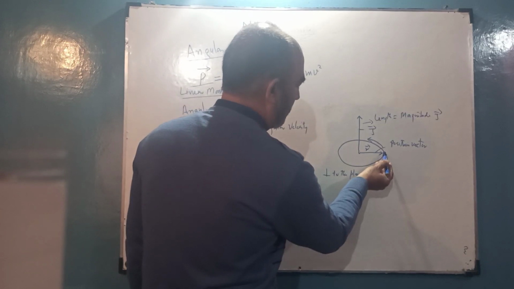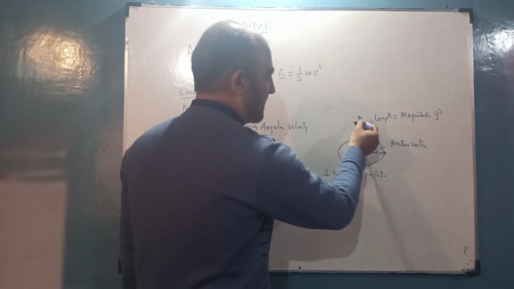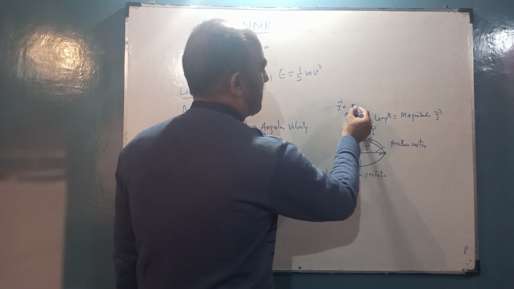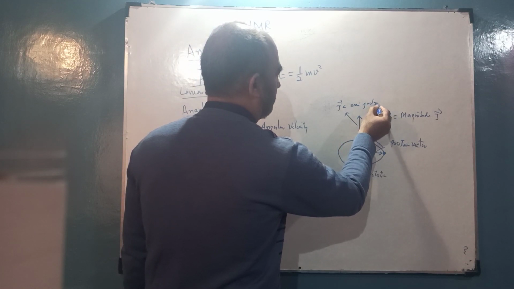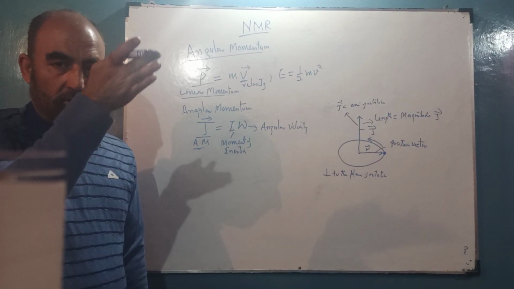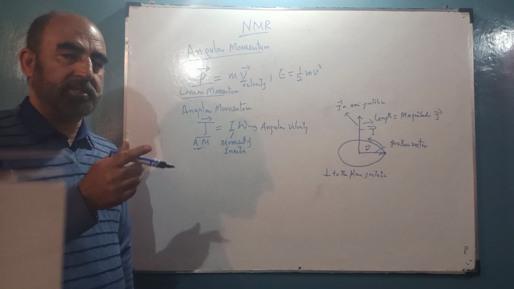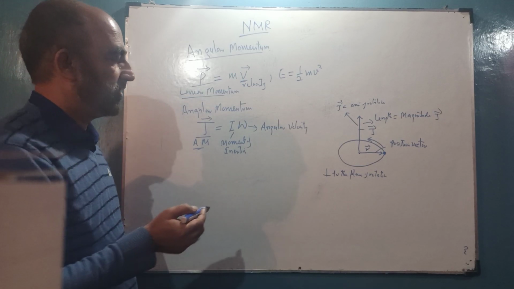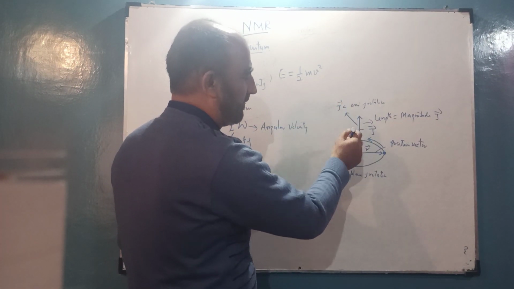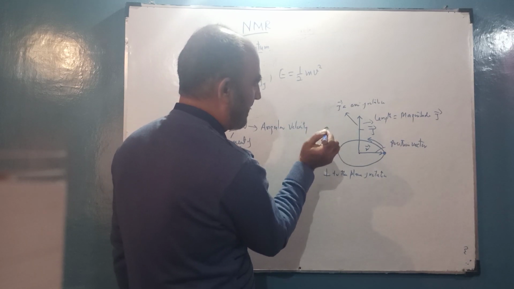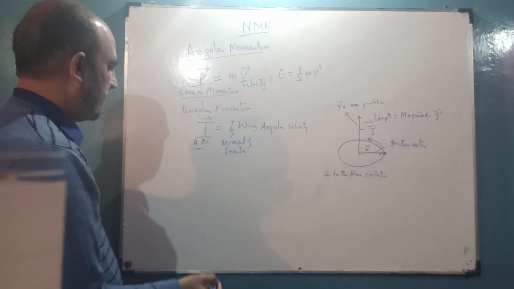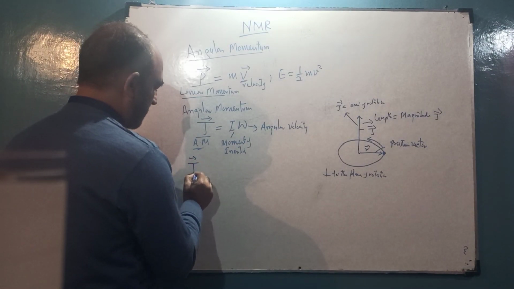Now we see that this particle rotates about the center, about this axis. So the angular momentum J is coincident with the axis of rotation. If an observer looks along the arrow of the angular momentum vector, then the rotation will appear clockwise. Since the plane is like this, the angular momentum vector is perpendicular to this plane. If the angular momentum vector is away from us, then the motion of the particle will be in a clockwise direction.